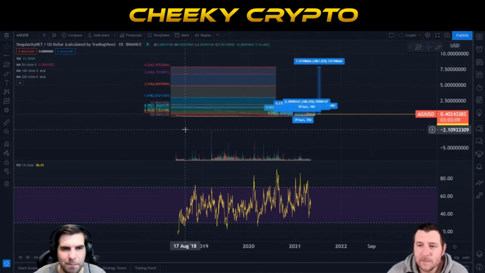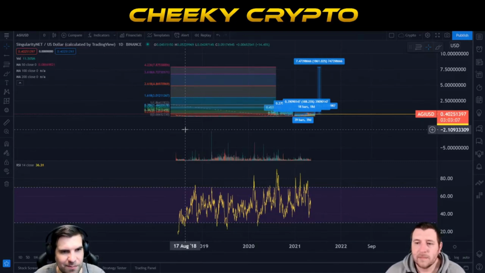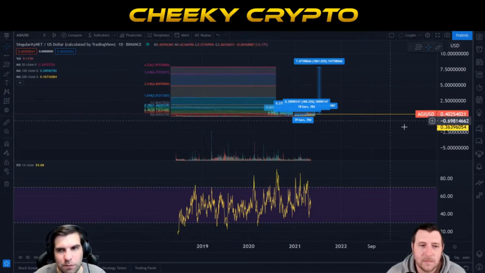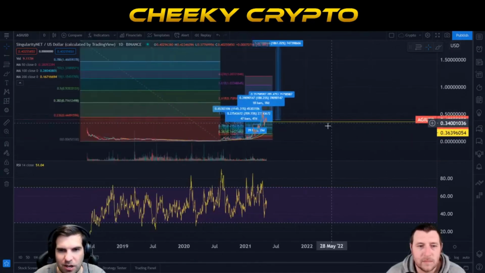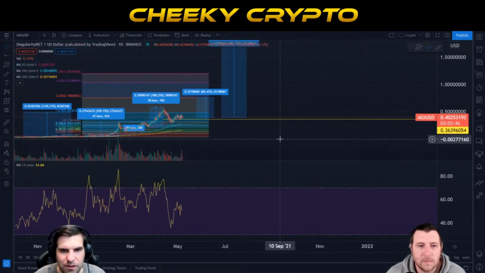The very first meaningful price target for AGI comes in at $3.01. That'll be followed by $4.86, followed by $6.72, and then topping out at that top end of the extensions at $7.87. So huge potential here with AGI, and everything that they're doing with Cardano in Ethiopia, in the continent of